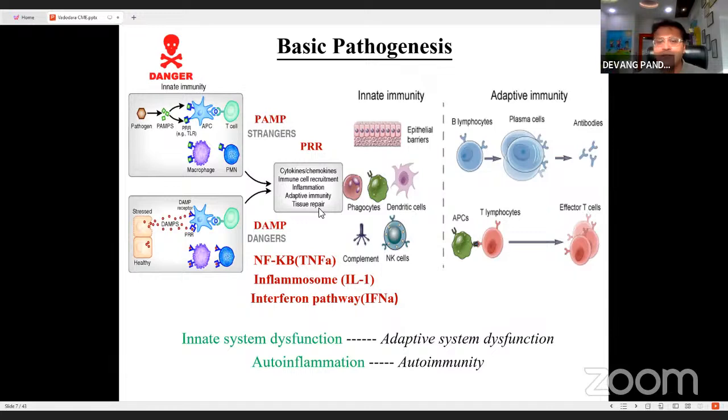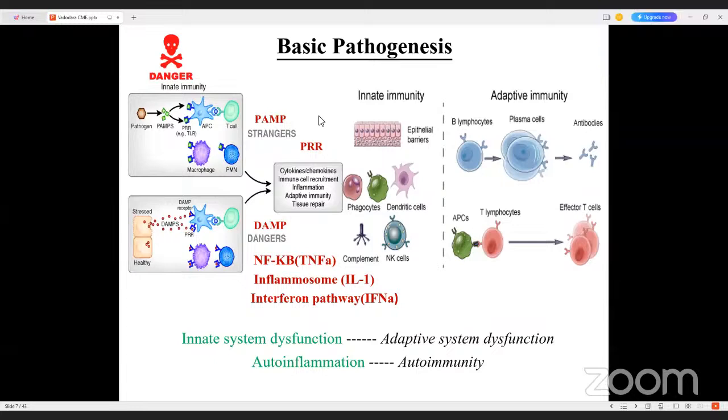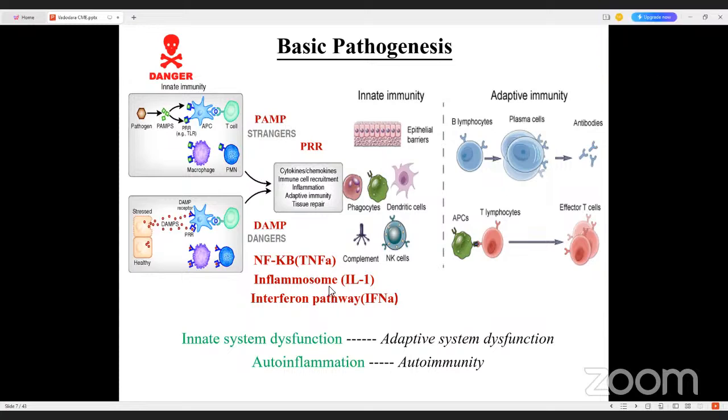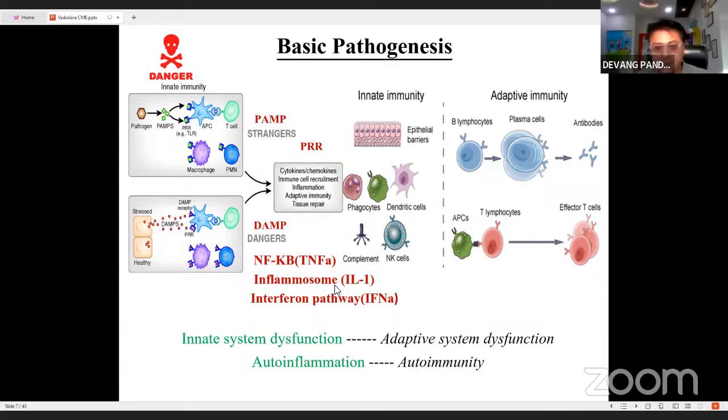So this is our normal process. Inflammation should happen after each and every infection for the prevention of that infection. But in autoinflammation, there is actually no danger. So without any danger, the body will follow this process, and there is a tremendous amount of cytokines without any infection, without any reason. And this cytokine storm kind of picture will give rise to the clinical presentation of these diseases.